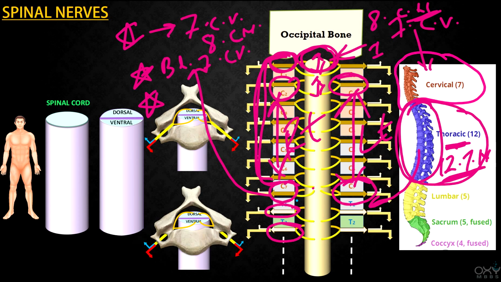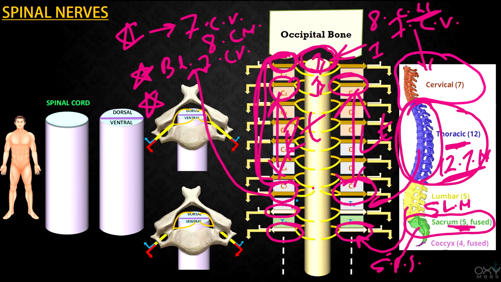And in the abdominal region there are 5 lumbar vertebrae, and through the intervertebral foramen of these vertebrae, 5 pairs of lumbar nerves emerge, and similar to thoracic nerves, they also emerge below the vertebrae. Now friends, the sacrum is a single bone but it is formed by fusion of 5 separate bones. So through these, 5 pairs of sacral nerves emerge, and they are also present like thoracic and lumbar nerves.